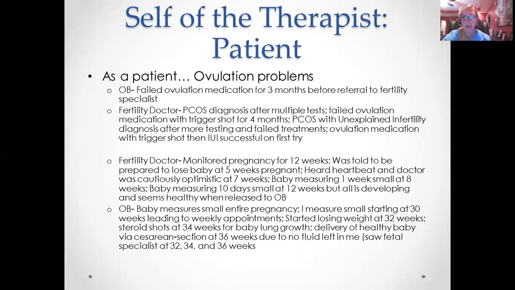After you go through something like this, even though we didn't have the year of failed conception, we did only have 3 months, and then 3 months with our OB, and then 5 months with the fertility clinic. So we were just at a year. We actually started trying in November of the year before, and we got pregnant in November of 2016. So we were 1 year exactly to when we found out we were pregnant.